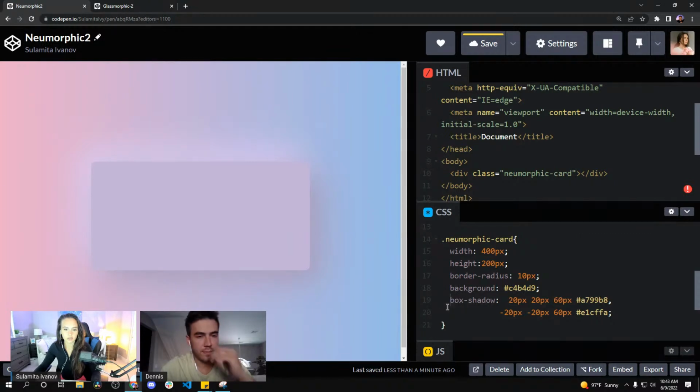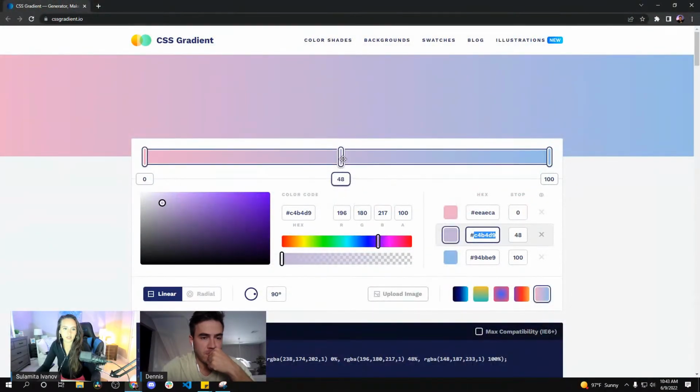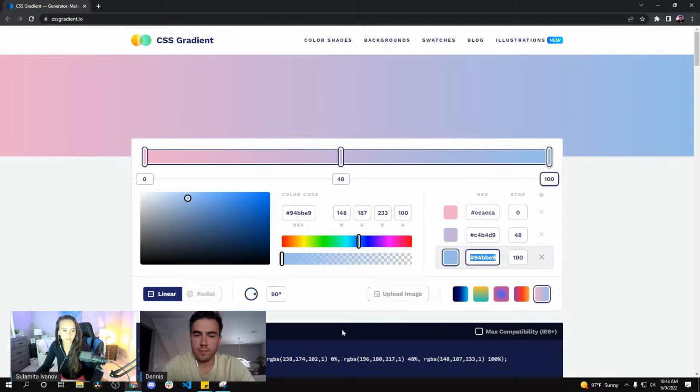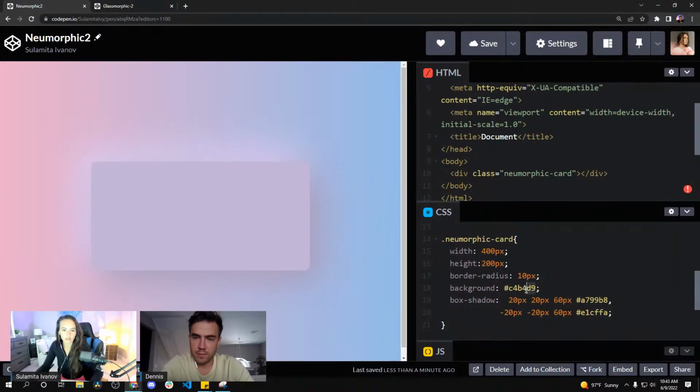So like I said, if you want to create a Neumorphic box, then you just have to make sure that it blends in with your background. I went over to where I got the gradient and I dropped in another color right here so that I can see what the hex code is. Because if you chose pink or blue, then it would kind of be thrown off. So I'll show you guys right now what the difference is. I just grabbed the blue hex, and if we add it in here,